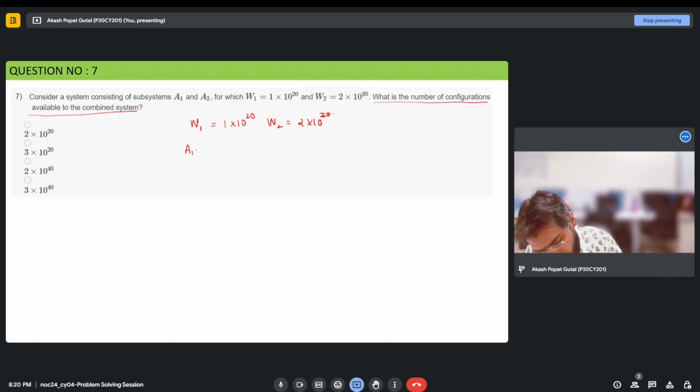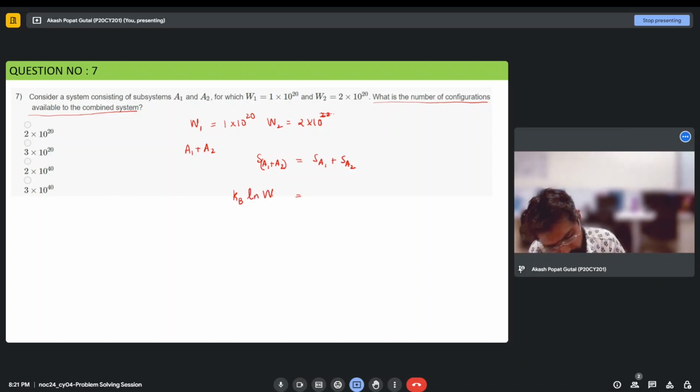So we add two systems, their entropy relation will be S of A1 plus A2 is equal to S A1 plus S A2, which is nothing but KB